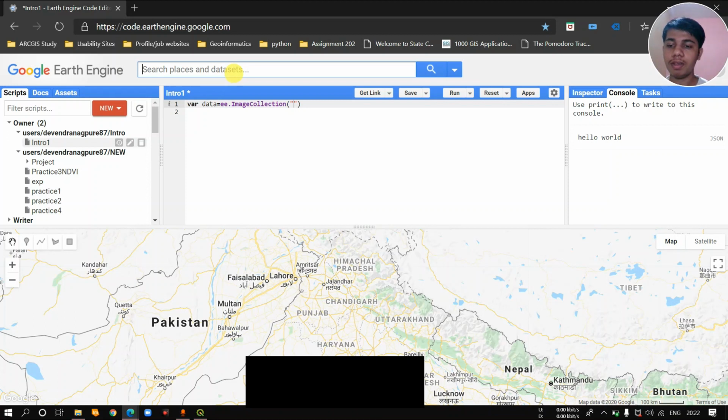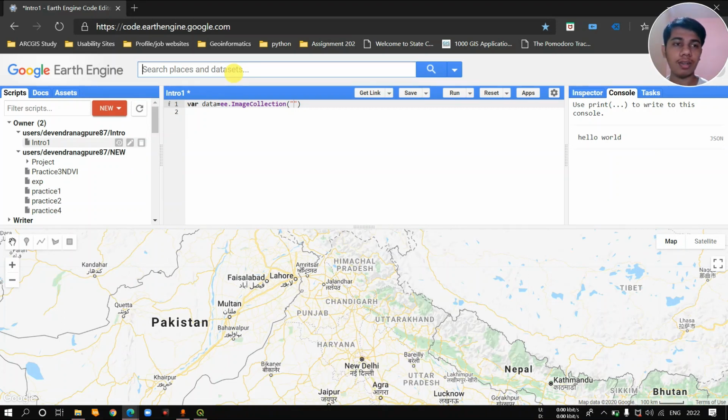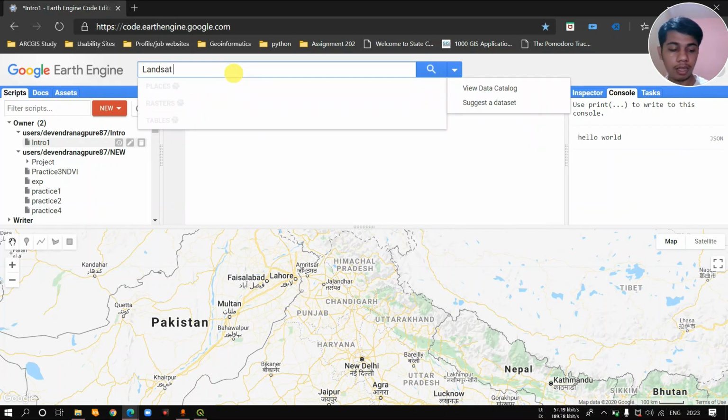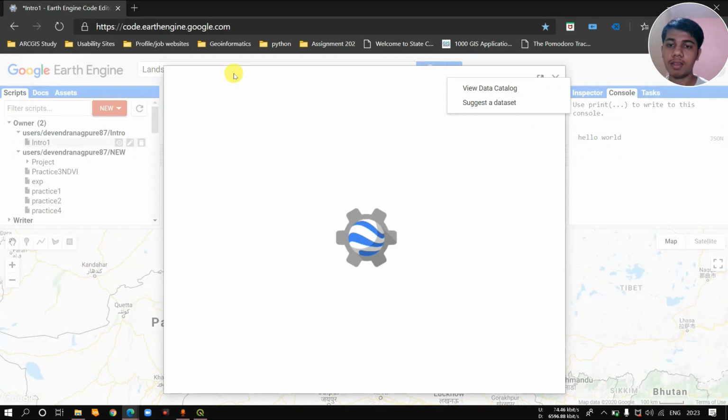First of all, let me show you a general way of how to search the data. We can search like Landsat 8 surface reflectance in the data catalog.